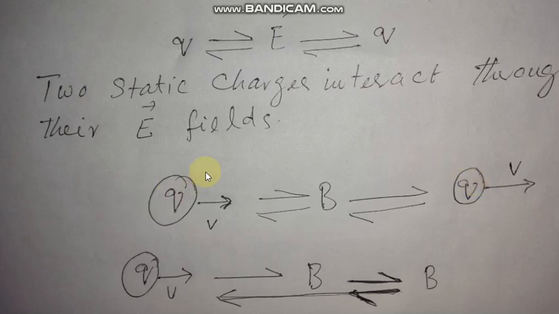So the magnetic fields of the two charges are responsible for the interaction between two moving charges. So one moving charge can experience the magnetic force exerted by the other, and similarly the first one will also experience a magnetic force exerted by the second one, and this is possible through the magnetic fields which they produce around themselves. Similarly, since a moving charge has a magnetic